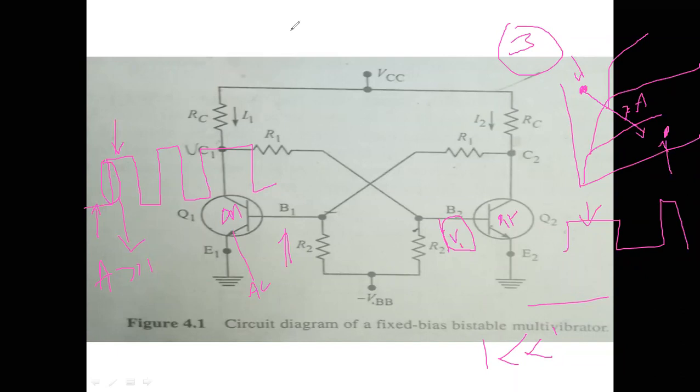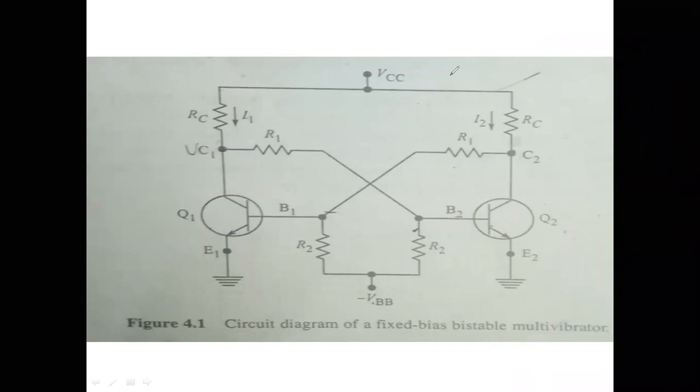When these three conditions are satisfied, which we have discussed, Kirchhoff laws, the voltage current characteristics of the transistors and the loop gains, and these loop gains are regenerative loop gains, simply we call it the regenerative loop gain. When it satisfies all these conditions, then this circuit will exhibit a stable output until we apply the triggering pulse. Here we have a separate topic on how to apply the triggering pulse, which we will come across later. For now I have simply said a positive pulse or negative pulse.